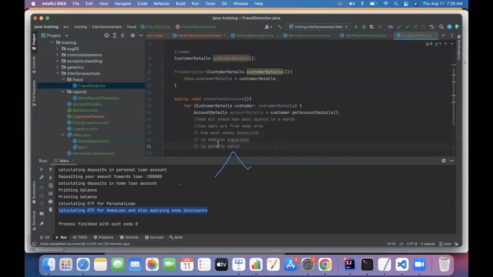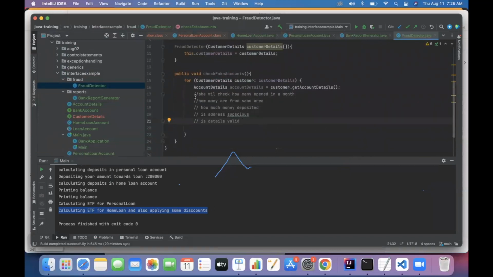So she will check, and her job is to go and implement all these tasks. While she is implementing this, in the meantime, you